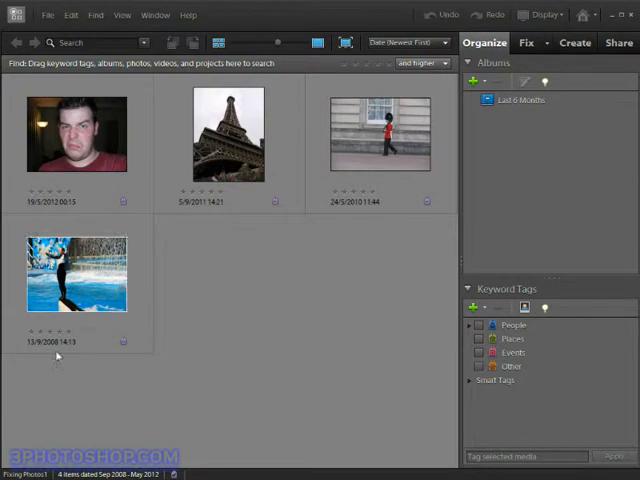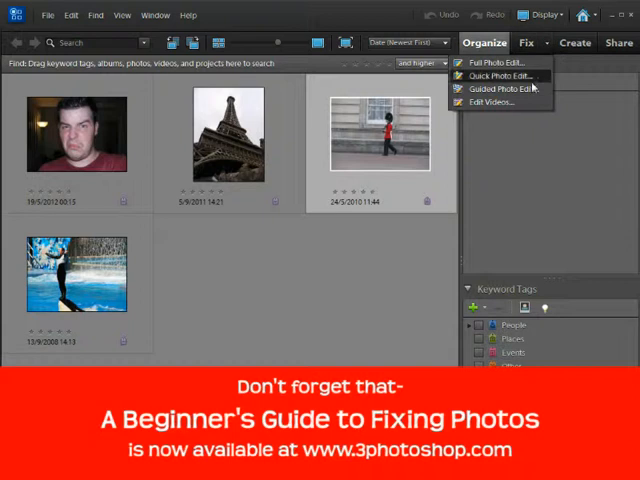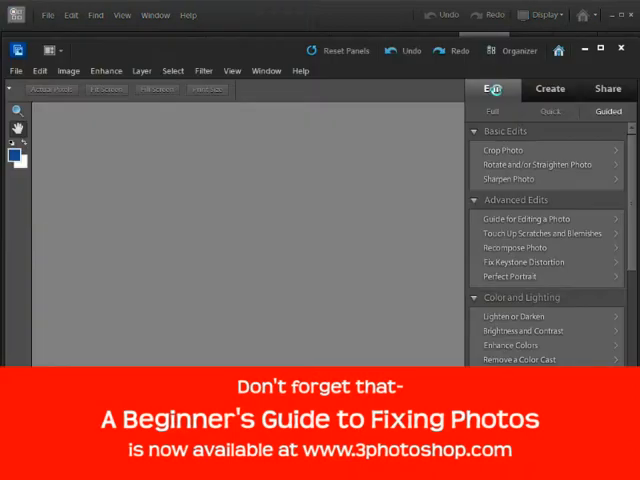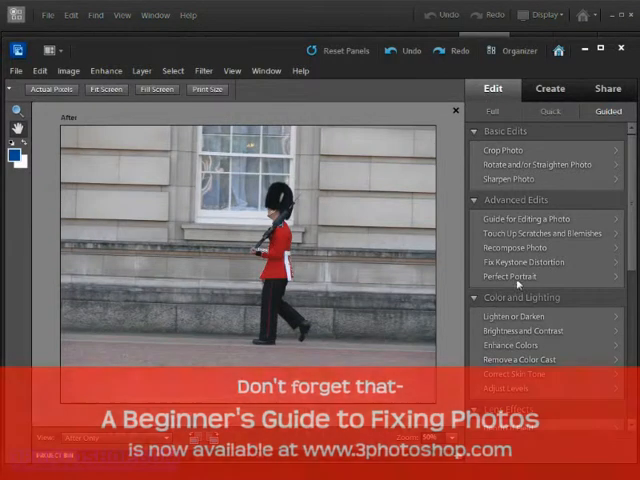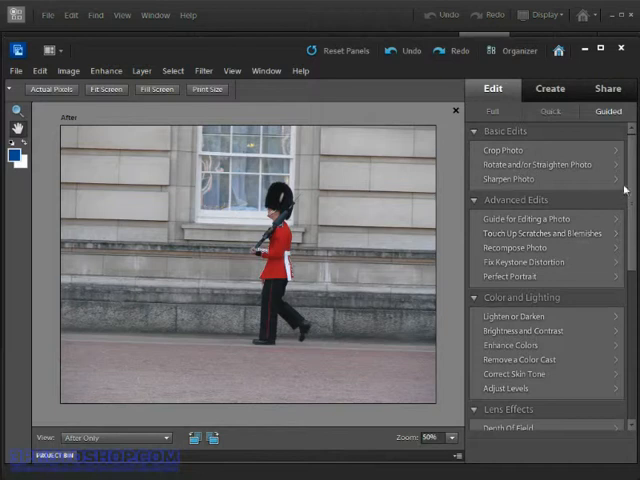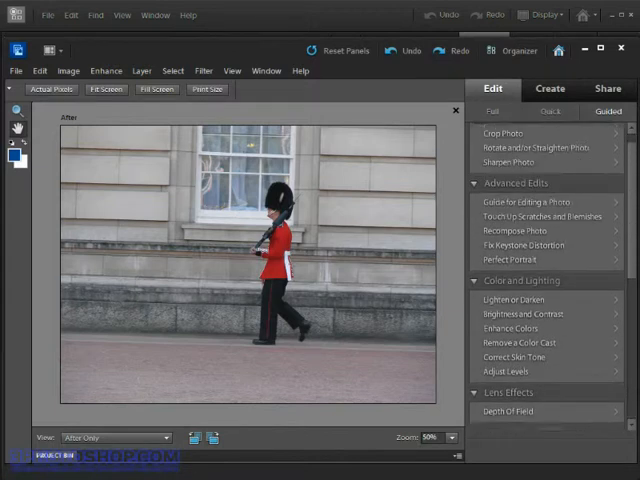and I'm going to open up the image of the guard at Buckingham Palace by making sure it's active in the window and then coming up and clicking the down facing arrow on the Fix tab and selecting the guided photo edit. Now what we've got here is a selection of common edits that the software will guide us through. So the idea is that we don't need any particular knowledge at this stage to make some fairly profound adjustments